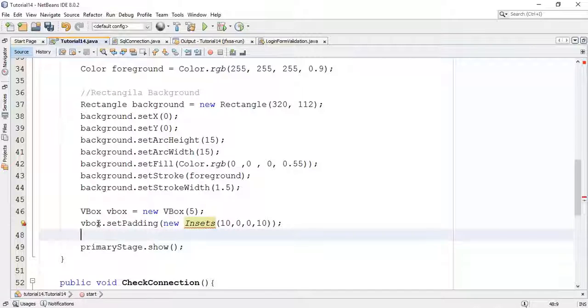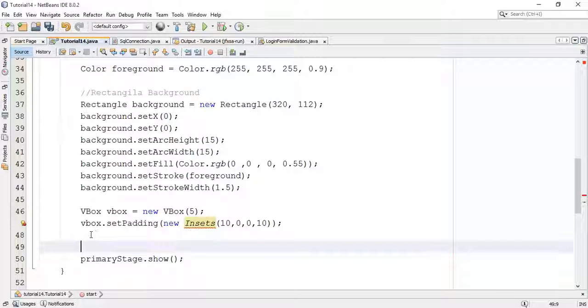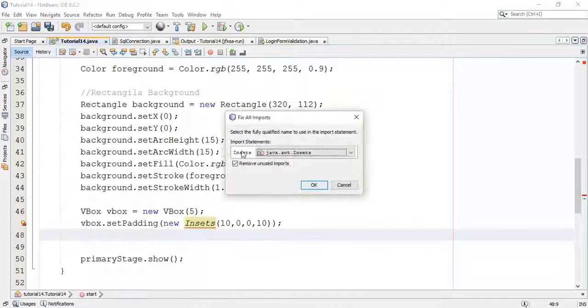Next fix the import for Insets and add javafx.geometry.Insets.